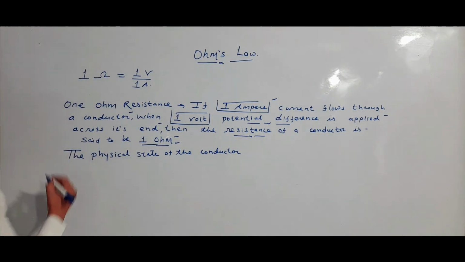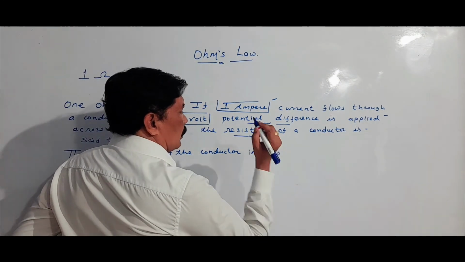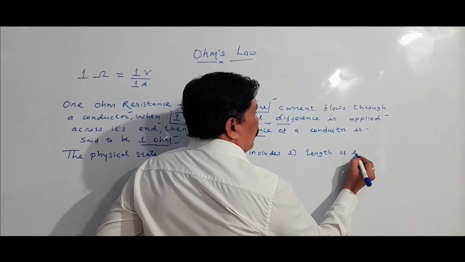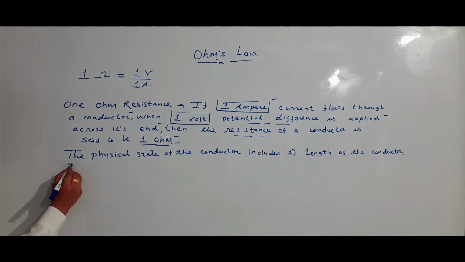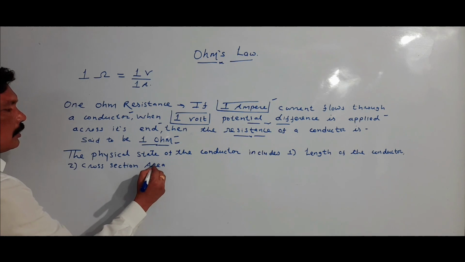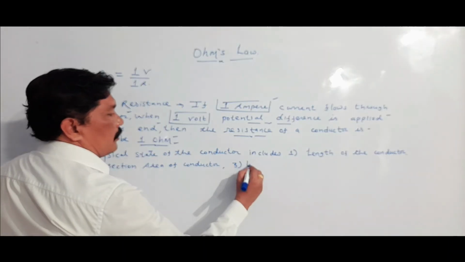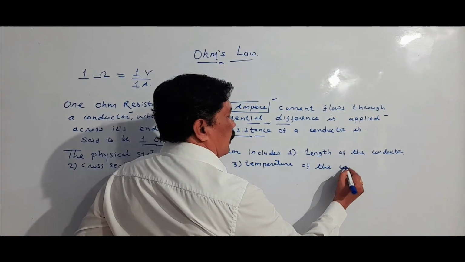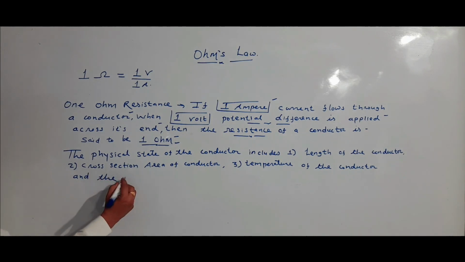We have studied this, but what does the physical state of the conductor mean? The physical state of the conductor includes, first, the length of the conductor, the cross section area of the conductor, the temperature of the conductor,